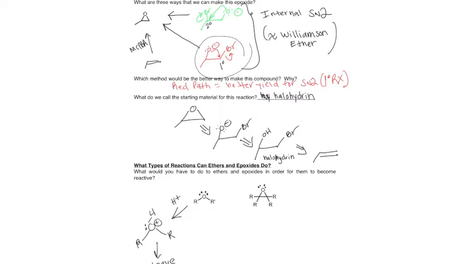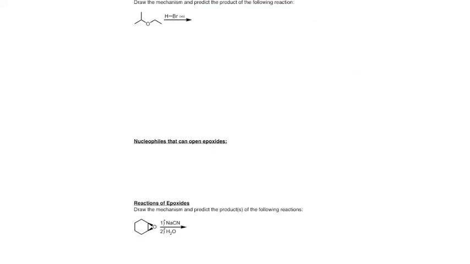For epoxides, remember this is an sp3 hybridized carbon, and its ideal bond angle would be around 109.5 degrees, right? But because it's part of that three-membered ring, it's closer to 60. That strain means it's already very easy to react. You actually don't have to add acid to react it. That just makes it even more reactive. But you don't have to wait around for it to get protonated. You could even open it under basic conditions. So we will examine both of those options.